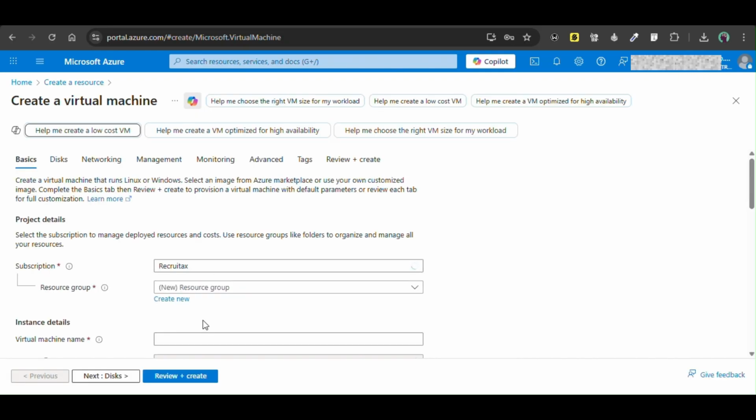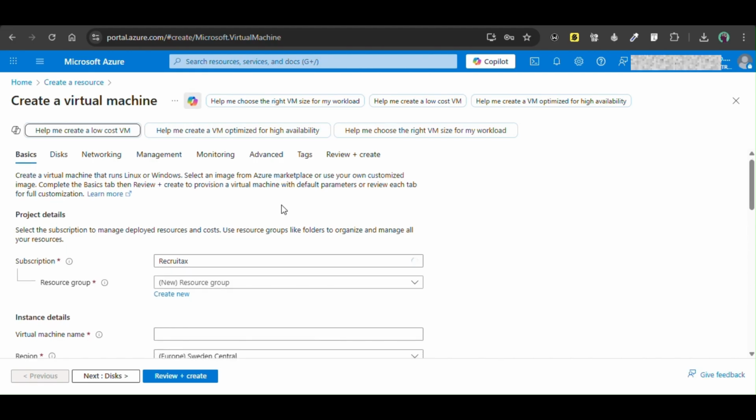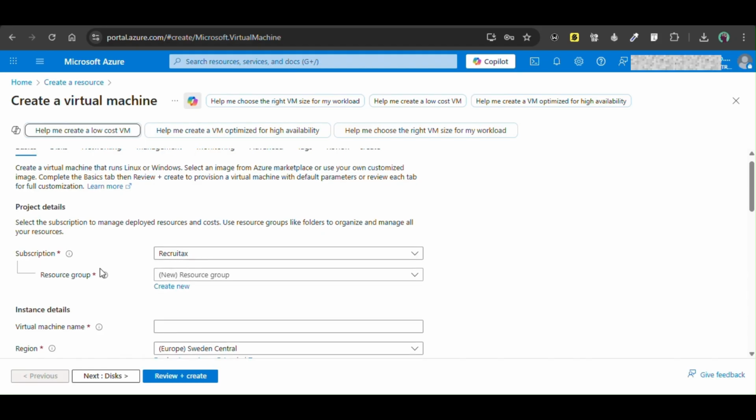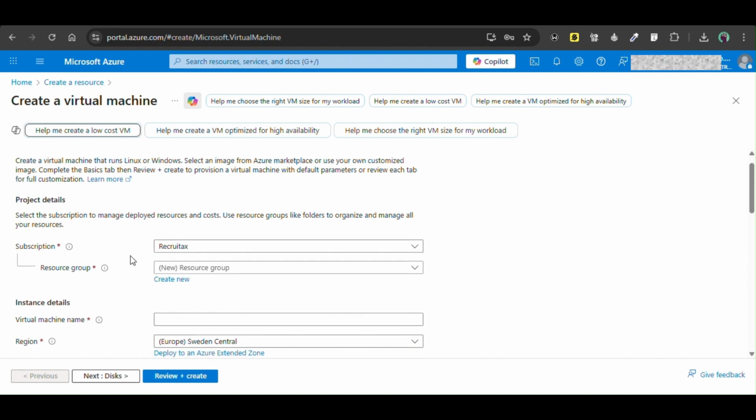Okay, now it brings you to the virtual machine platform, just a very small dashboard here, which includes the basics, the disk, networking, management. For here, like I said, you need to have an account with Azure, which also means that you need to have a subscription. For the subscription, if you do not have a Microsoft Azure subscription, from the portal, you can also create